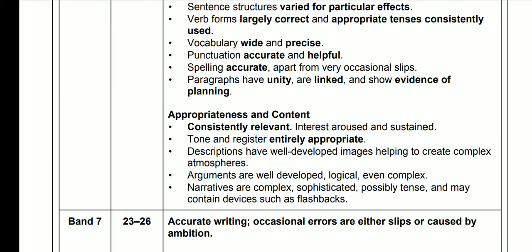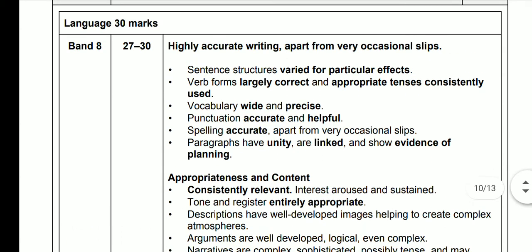So one thing is very clear: it says "may contain", I mean, it is not necessary that it has to contain a flashback if you want to get an A star or fall in the highest band in the marking scheme, but it may contain flashbacks. So one thing is for sure, or if not sure, it is very much probable that you have to use flashbacks in your narratives if you want to get an A star. So these are the expectations of the examiner if you want to fall in the highest band.